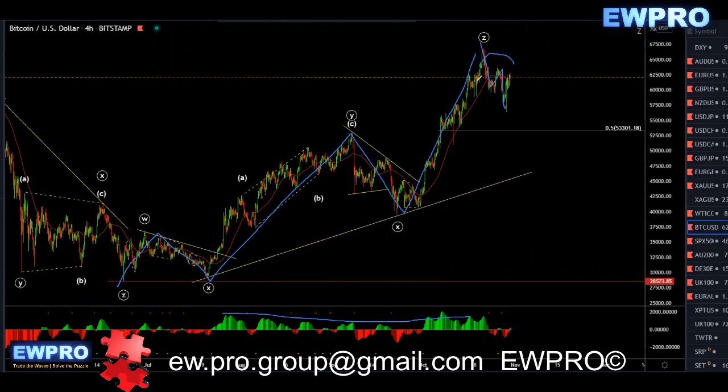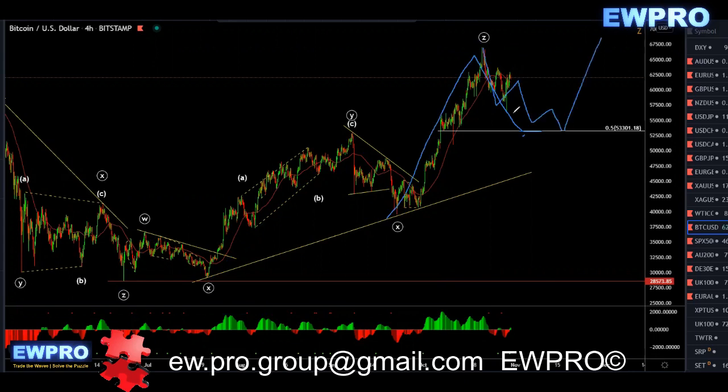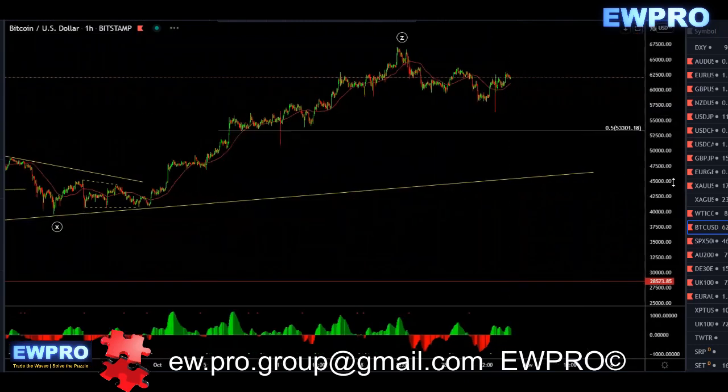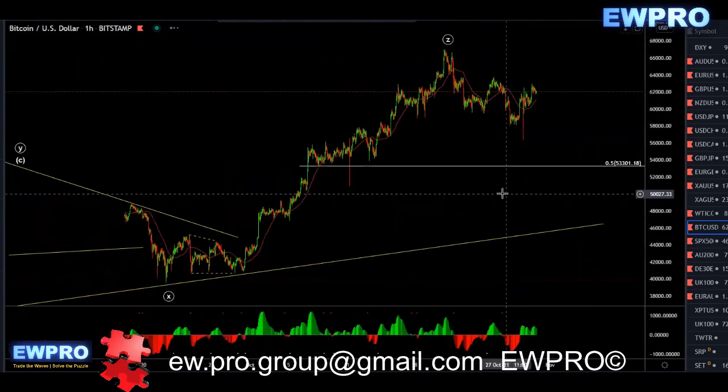bullish here. Last week we were looking for that 50 fib retrace of this wave down to give us some sort of a correction in here to give us more upside. We were starting to get that correction, so we're looking for that 50 fib retrace, ideally to give us the risk reward to buy. If we look on the H1,